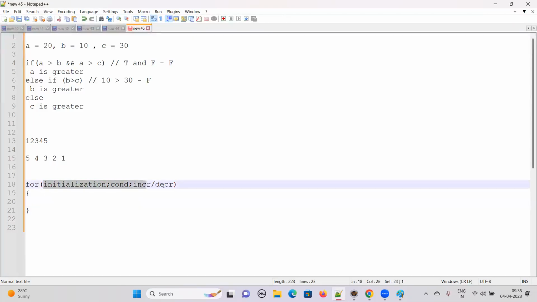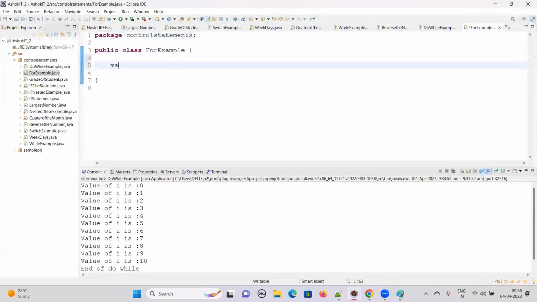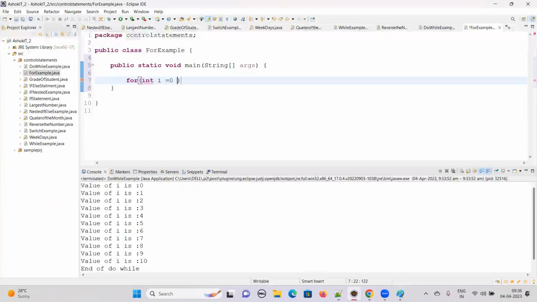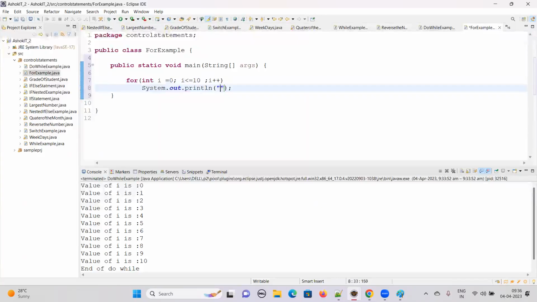So you need to remember, guys, this is the syntax of the for loop. We have initialization, condition checking, incrementing or decrementing. And here you can see initialization will be done only once. Okay, so we'll see the example for this. Here I'm going to write a main method. I'm going to write a for loop: for int i equals 0, i less than or equal to 10, i plus plus. System out, "Value of i is"